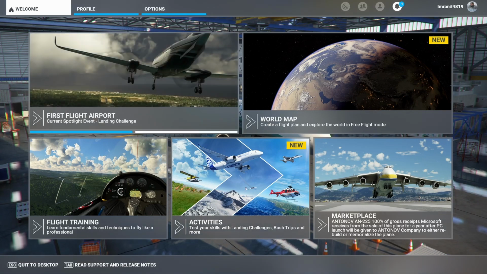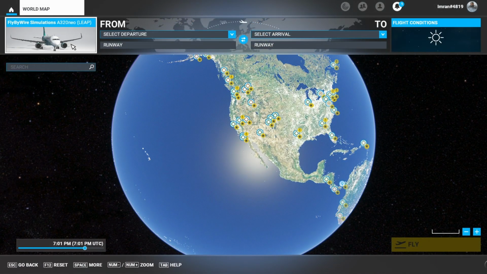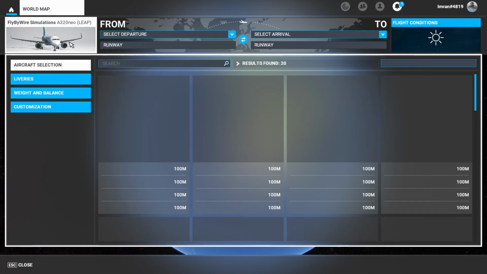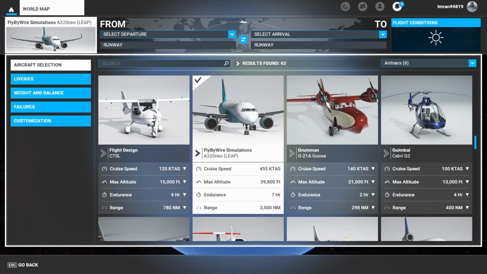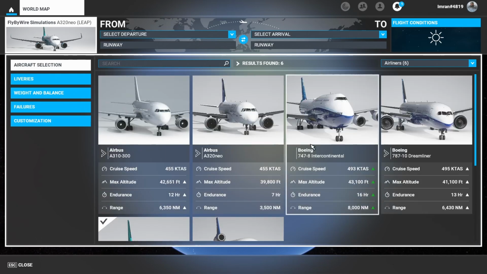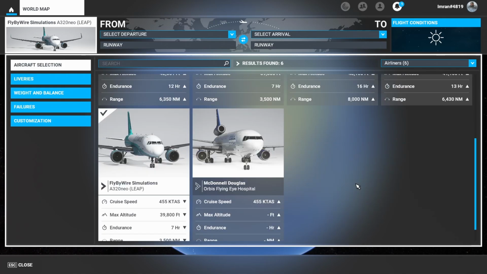So let's click on world map, and first things first, you need to click on this plane icon and then go to this drop down and choose airliners. From here you will get a list of all the airliners that are installed on your PC. I have the deluxe version, so I have the default airliners as well as this fly-by-wire simulations which I downloaded using their installer, Fly-by-wire's installer. So I'll click on this,